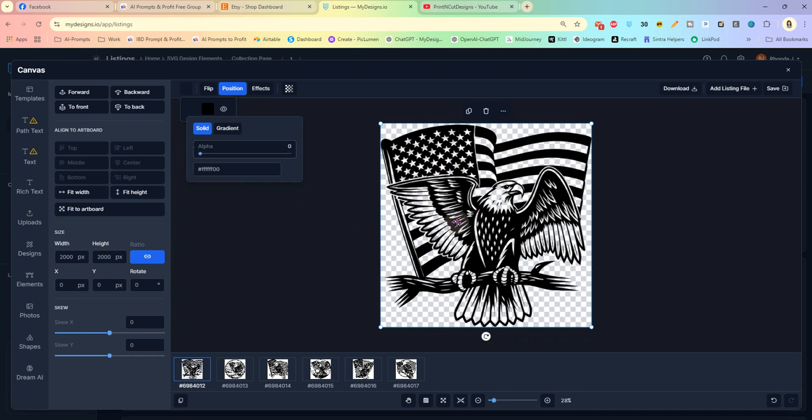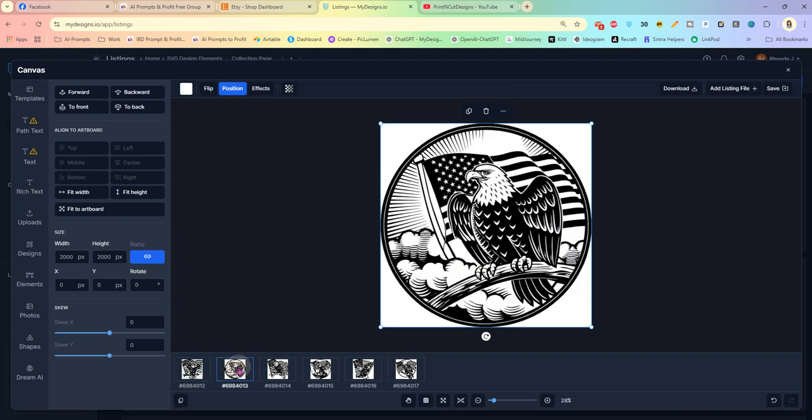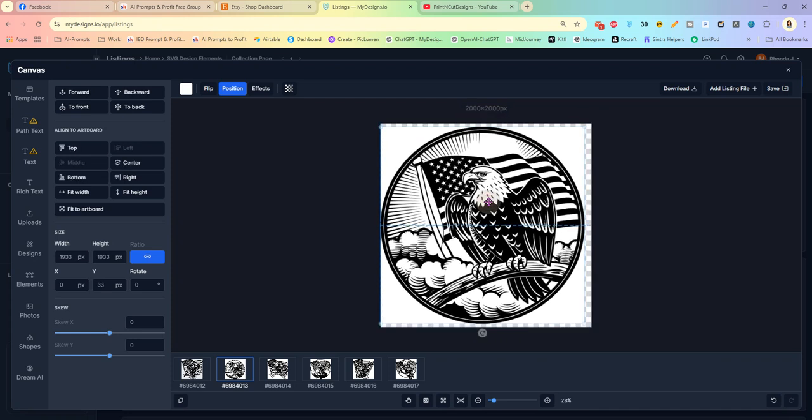It removed all the white from the image. Now I'm going to try to sync this. I'm not sure if it will work or not. It does not. I wasn't sure. I didn't think I could sync